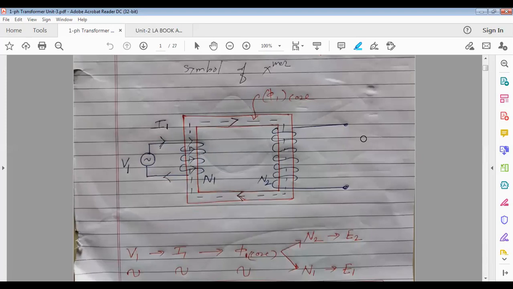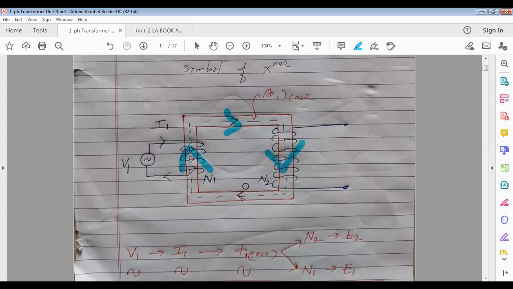Apply the right hand thumb rule here and wrap the fingers in the same direction as that of the coil. So is the thumb pointing in the upward direction or downward direction? Upward. Very good. Upward means what? Through this transformer magnetic core, through this side limb, the left one on your left hand side, the flux will flow in the upward direction. Through this limb it is flowing upward, then it will come like this.